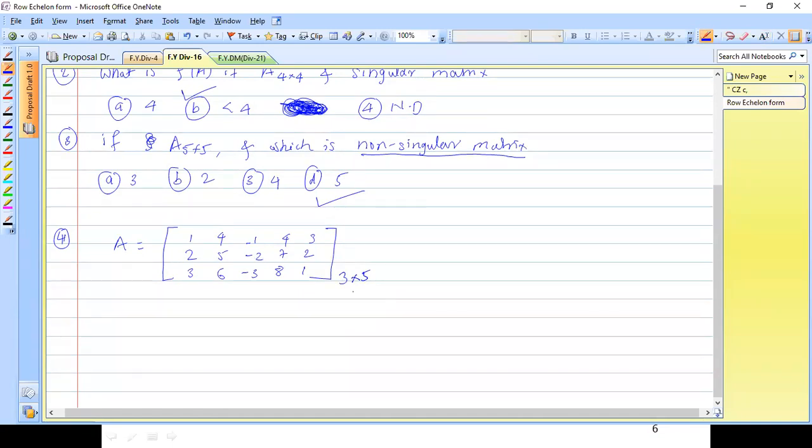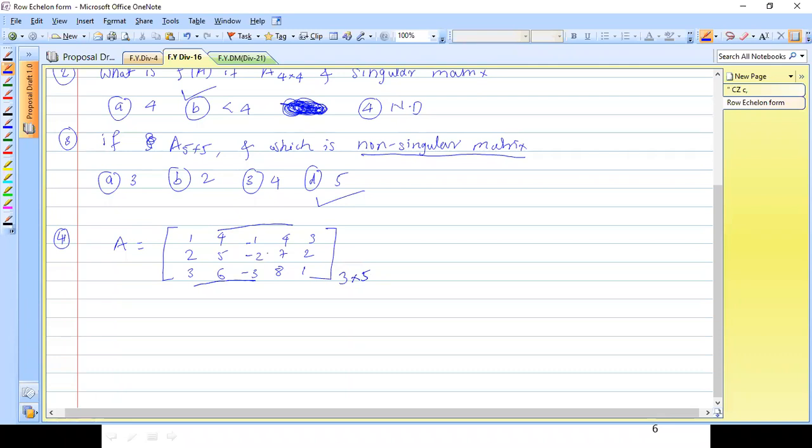Okay. So for such problems, you can find the maximum square minor. Here the maximum minor will be exactly 3 cross 3. You can either take these first 3 columns, or you can take these 3. You have lots of permutations. You can take the first column, then the last column, and this column, and find its determinant. So it is very hectic to calculate the rank by using the definition.